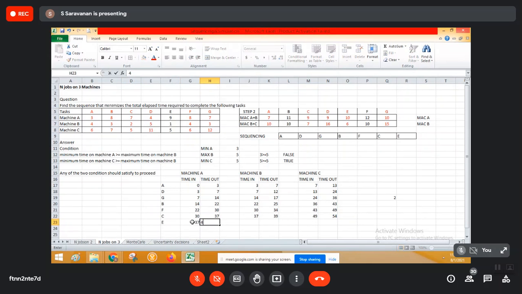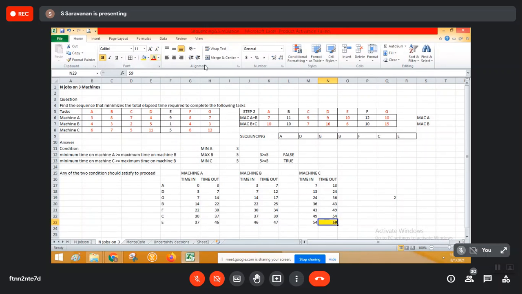Okay. 37. What is the time? 9 minutes. 46. Okay. So you see here again, 46-minute activity is completed even though the machine B is free. Now it cannot take the job at 39. So it can take the job only at 46. So 46 plus 1, 47. Okay. So even though B has completed its job, machine C is still working. So it can take up the job only at 54. So 54 plus how much? 5. So 59.